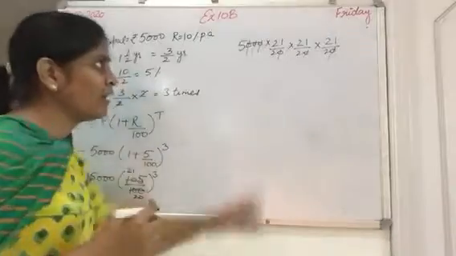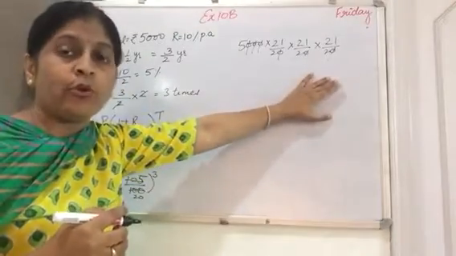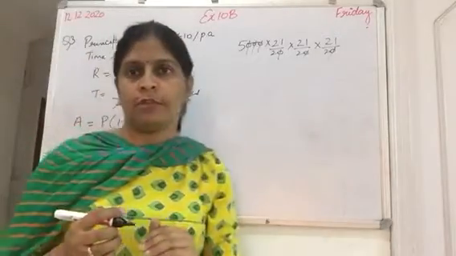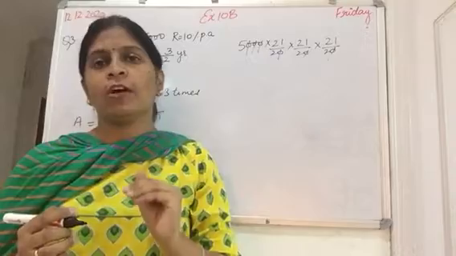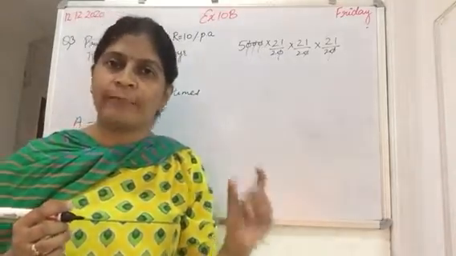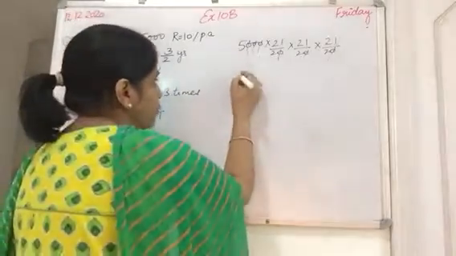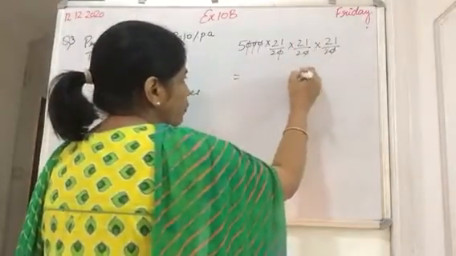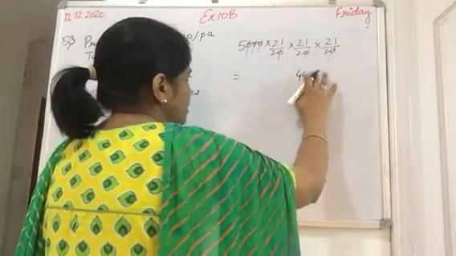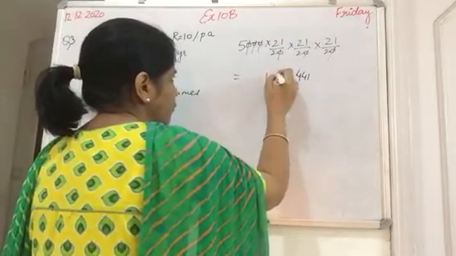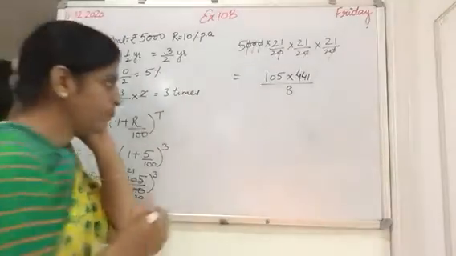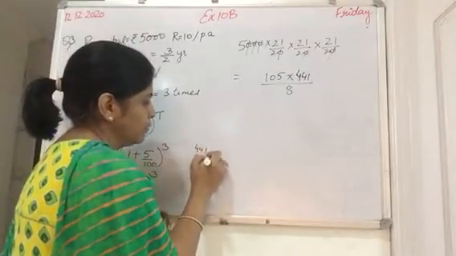Now you can see that the denominator is 8, so you have to multiply and then divide also. So answers can be in decimals, like 1476.35. Interest can be given in 35 paise also, so don't worry about it. Now 21 and 21 will be 441, into 21 into 5, that is 105 upon 8. So let's multiply 441 into 105.